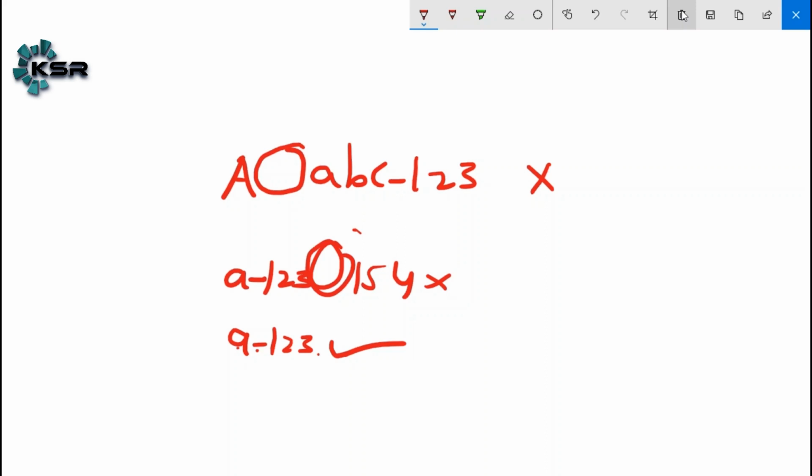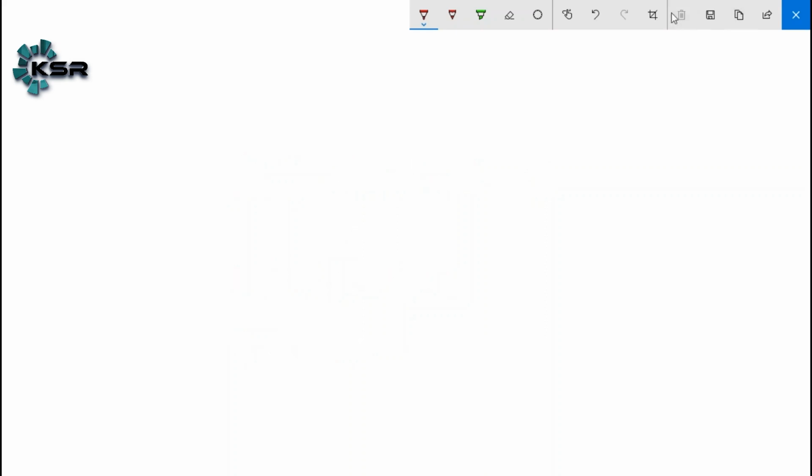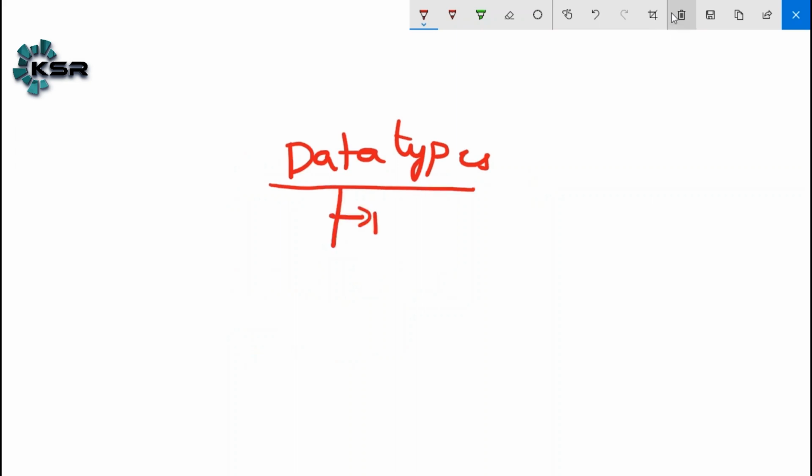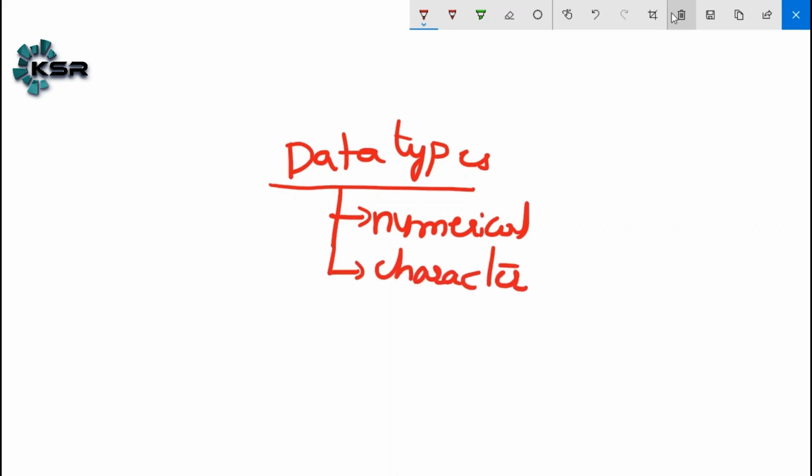In R we have two data types. One is numerical, the other one is character. You may get the doubt, what about the date function?